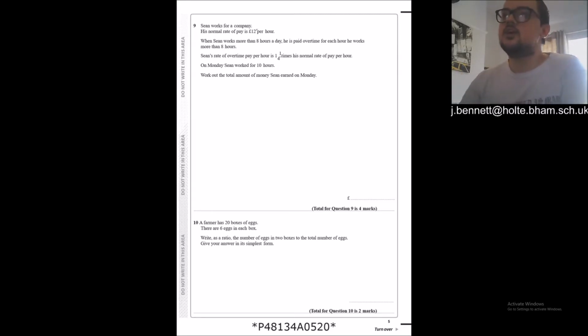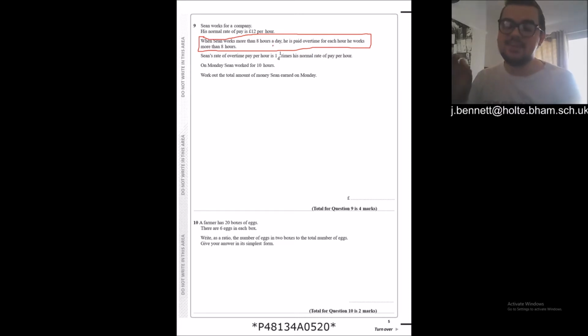So we're going to look at this sentence here. This is the key sentence. When Sean works more than 8 hours a day, he is paid overtime for each hour he works more than 8 hours. He's worked 10 hours on Monday, so we're going to look at the first 8 hours. He's going to get paid his regular amount. So we're going to call his regular amount R, because it is a regular amount. For the next 2 hours, because he works 2 hours extra on top of 8 to get to 10 hours,